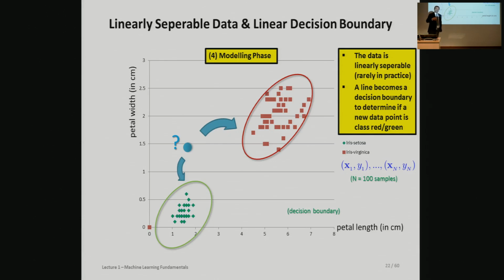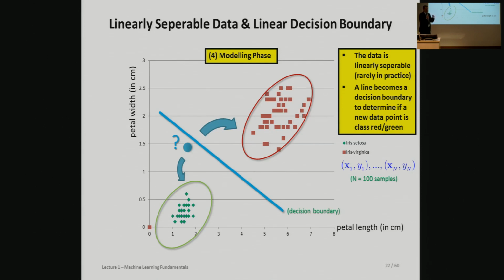And then if we go tomorrow to multidimensional aspects, we will see it's actually a plane, right? So a surface really of differentiating different parts. But I think you will agree with me, we can establish a line there and learn from the data to create this line. Then we could say, okay, the blue one tends to be the iris setosa on the left-hand side. And this is exactly what machine learning is doing. It is creating this line systematically.